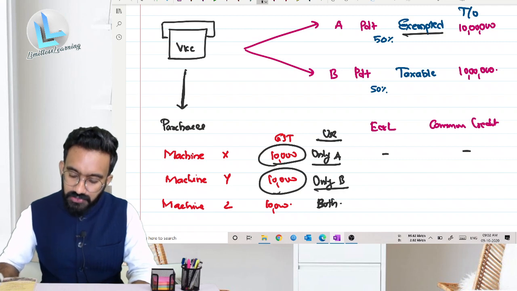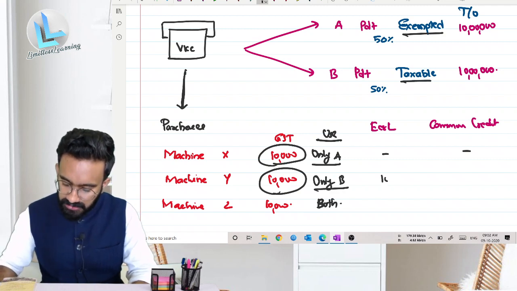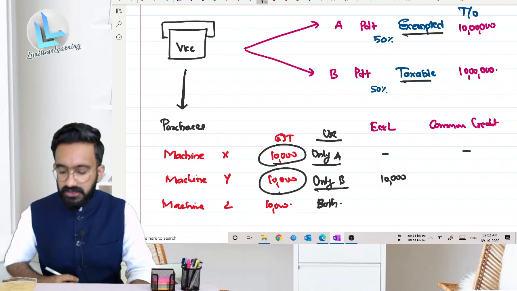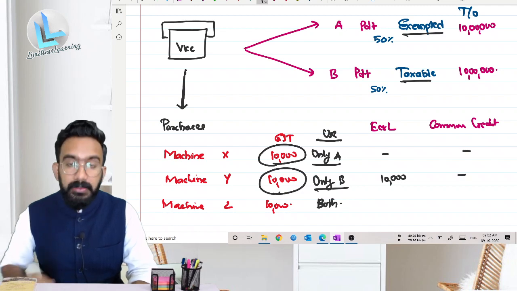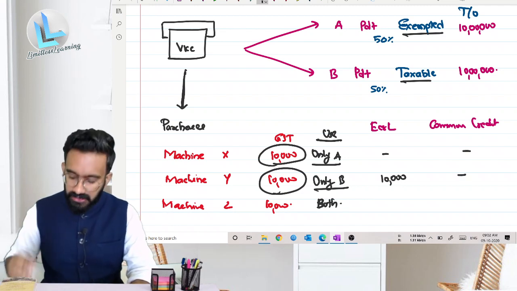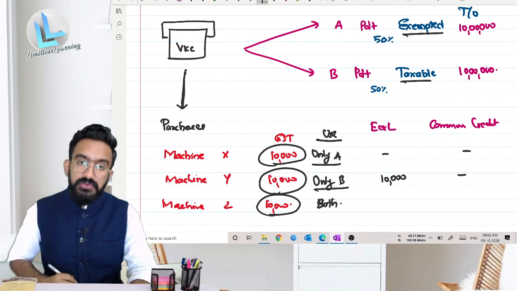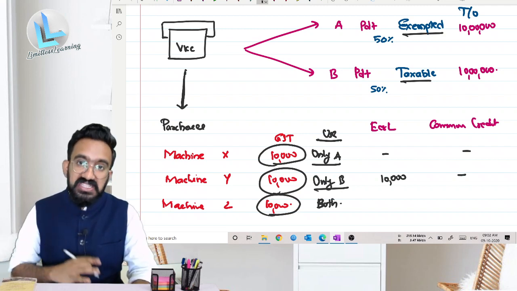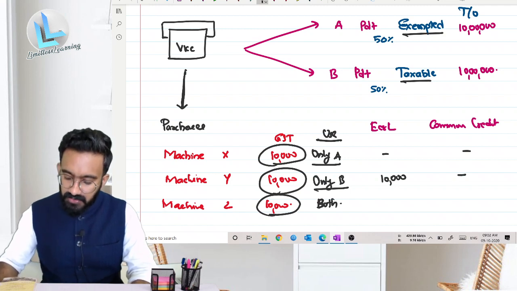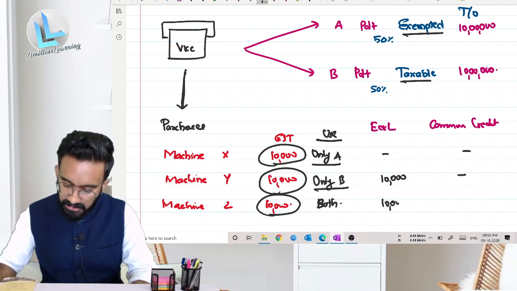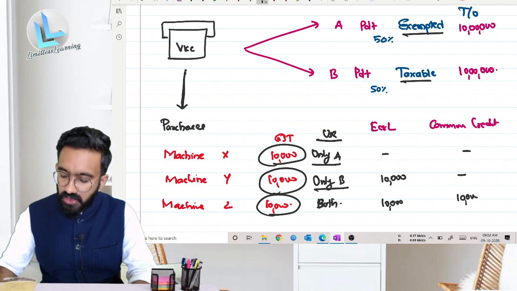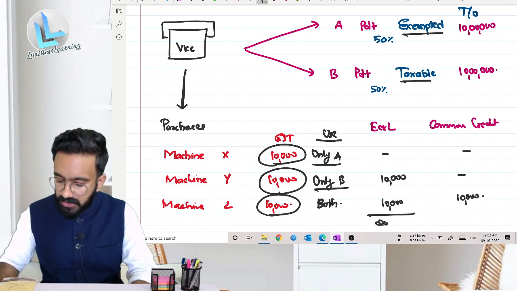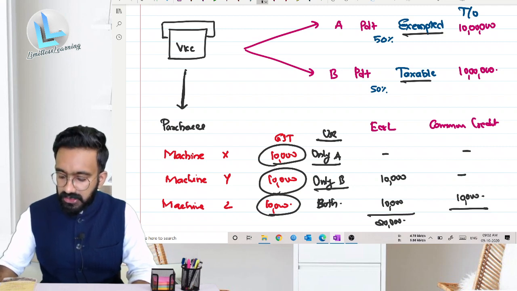Y is only used for B, which is fully taxable, so 10,000 will be credited to the electronic credit ledger, and nothing will be part of common credit because I have to give them full credit. But Z is used for both A and B, exempted and taxable, so you have to give full credit to the electronic credit ledger and 10,000 will be treated as common credit. So in total, 20,000 will be credited to the electronic credit ledger, and 10,000 will be common credit, which requires